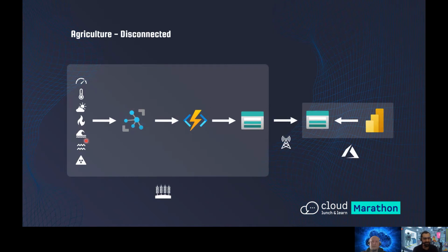But then we have a second scenario where this needs to be disconnected, because some of the farms are out there and might not have a good internet connection. So they will need to have local processing. If you remember the images I showed you, we can deploy things on IoT Edge. We can even have IoT Hub on-prem in an Edge scenario, and then we do all the insights we need on the ground, and once we have connectivity, we can push that